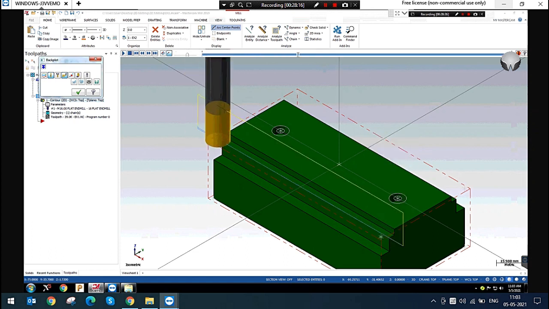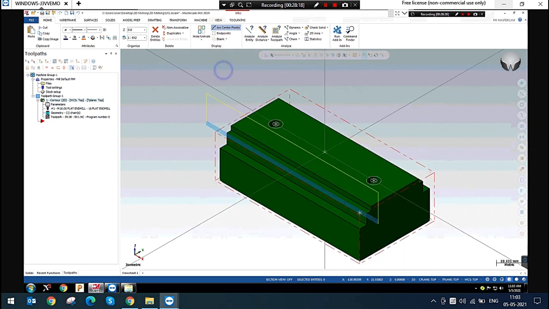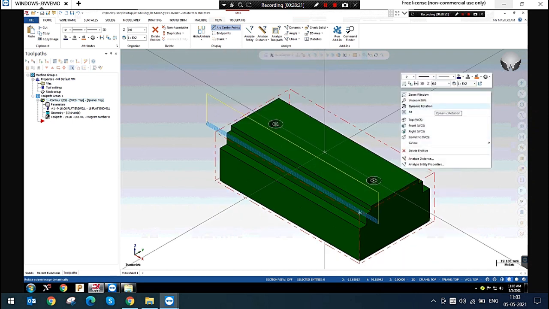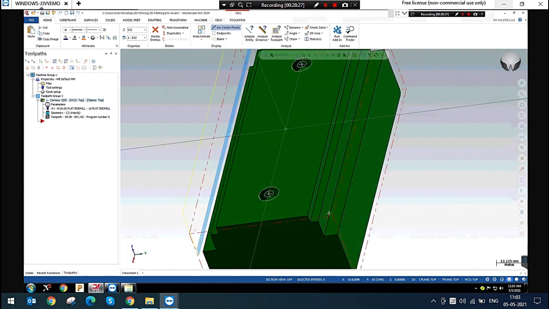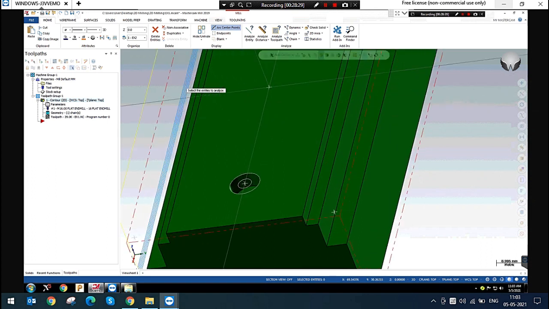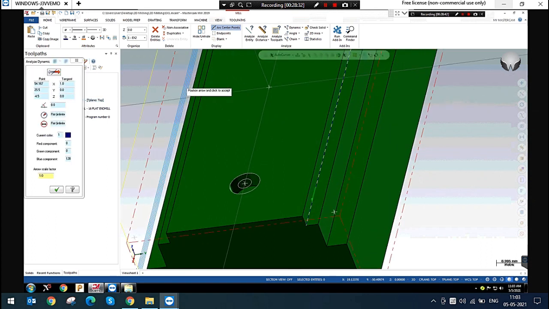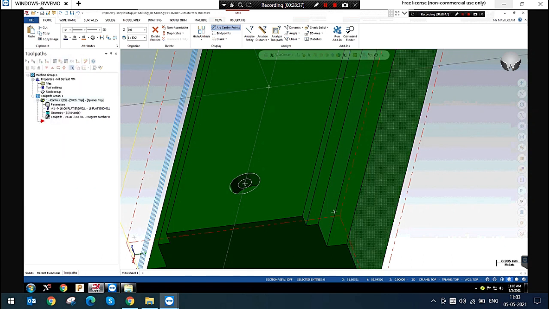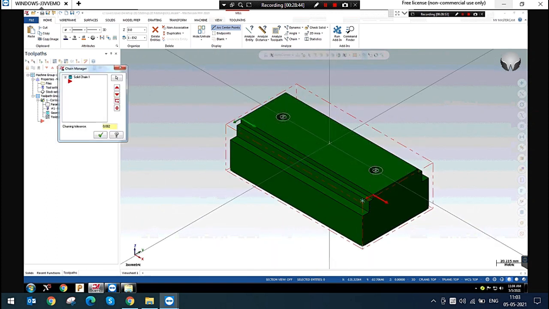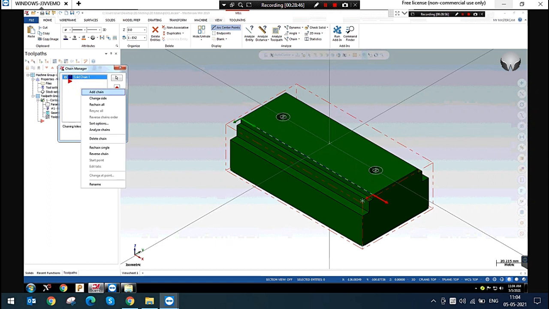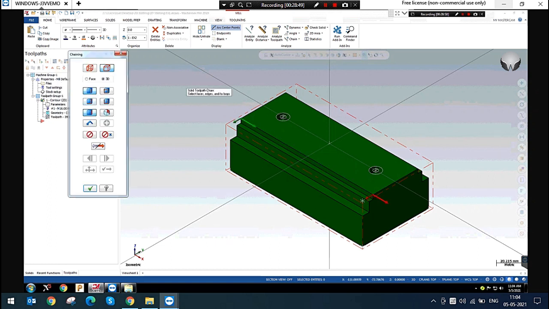Okay. Yes. So next, I will check this depth, this side step. I'm going to dynamic. I'm selecting this face R line. So this is also a 4.5 mm depth. If your depth is same, you can simply select multiple chains in a single operation. I'm going to change geometry, add chain. I'm selecting this line also. So now, yes, that is done.